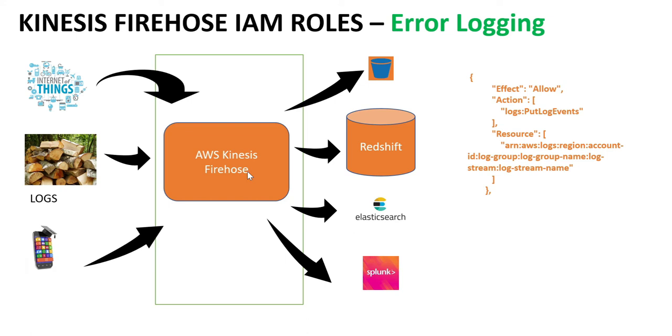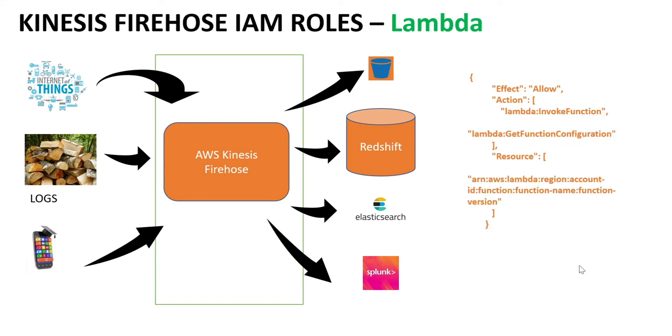Now what you also do is this Kinesis Firehose, in case of error, you remember in the previous slides I showed that you will put the data in CloudWatch. Those are logs. In order to do that, you have to provide this access also, no? Logs, put log events. You have to give this privilege. Now if you want to invoke Lambda from here for data transformation, you have to use this one action, Lambda invoke function, get function configuration. This you have to provide the access.